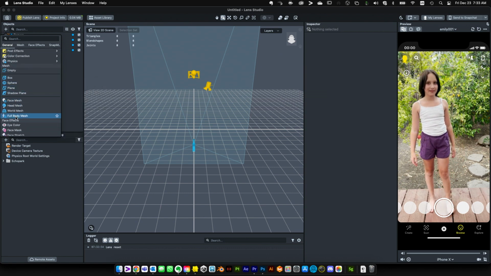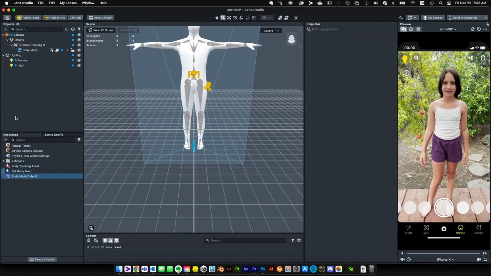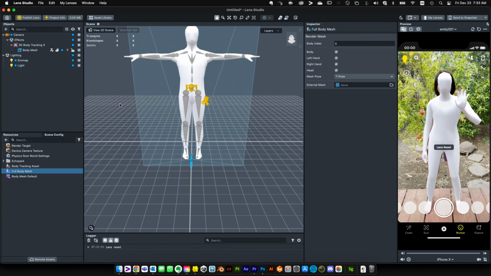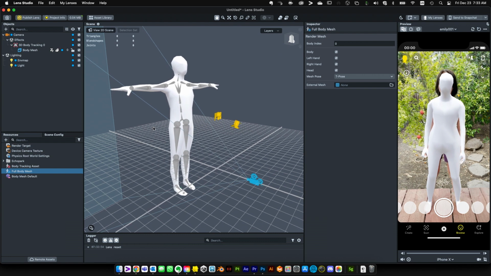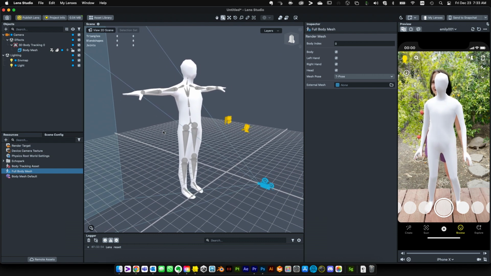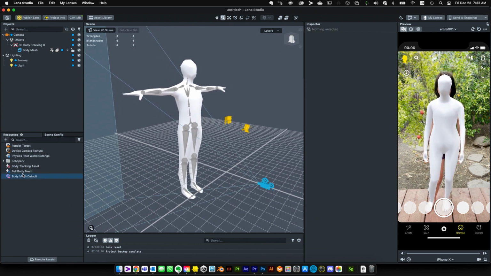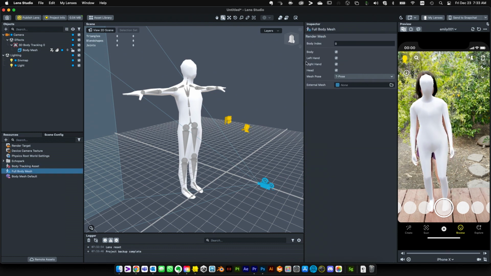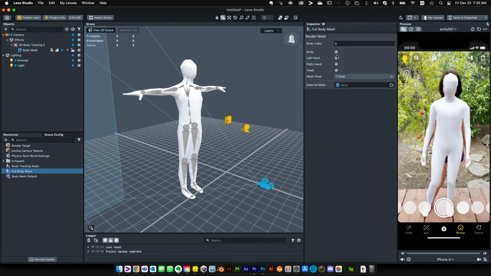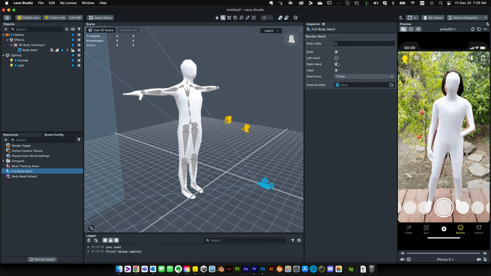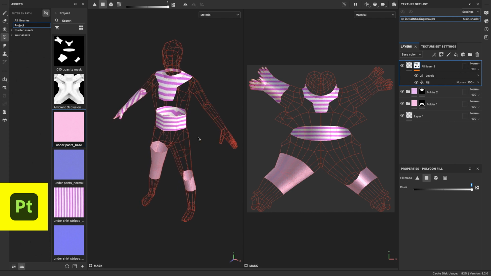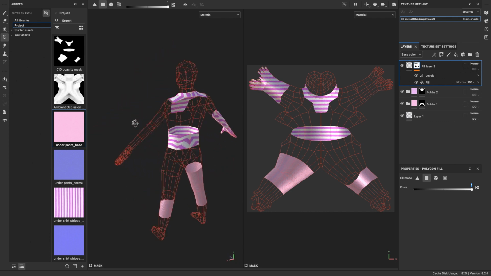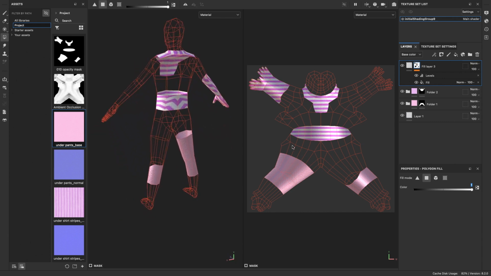I added a full body mesh in the Objects panel. This automatically adds a 3D body tracking asset to the scene. We will use the same body tracker later for more body meshes and other items that we will add to the scene. In this case, we don't need the head or hands, so I will remove them in the Inspector panel. I used Adobe Substance Painter to create the textures for the body material.